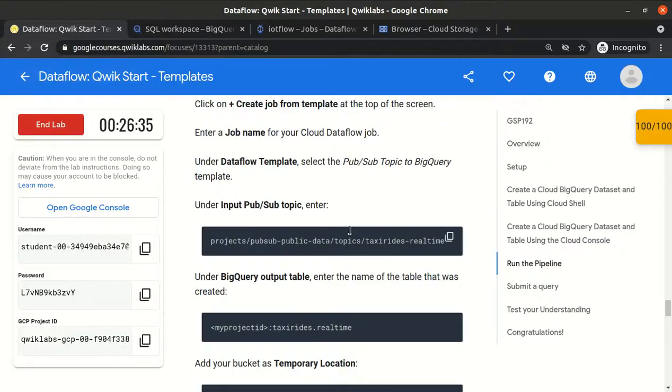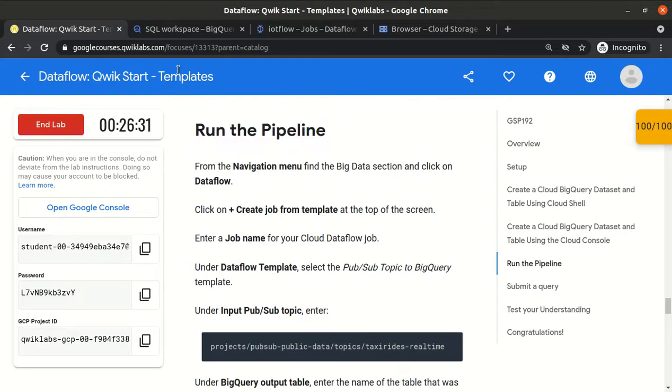This is just a very basic idea of what templates are under Dataflow, how to create jobs using a template, what the parameters are, and what templates are available. There are many templates available, but right now we are using PubSub topic to BigQuery. For that we have to pass a few things. One is the source itself, from which PubSub topic we are reading the data. The second is the destination, that is the BigQuery table and dataset. And the third is the temporary file location, which is Cloud Storage.